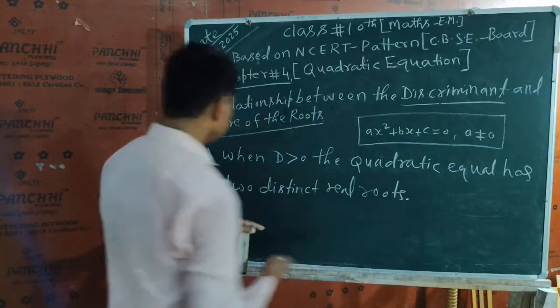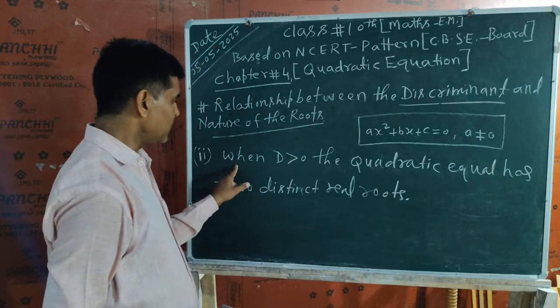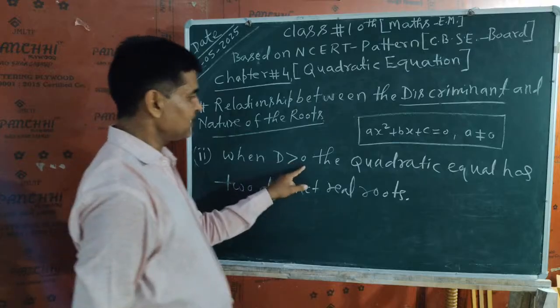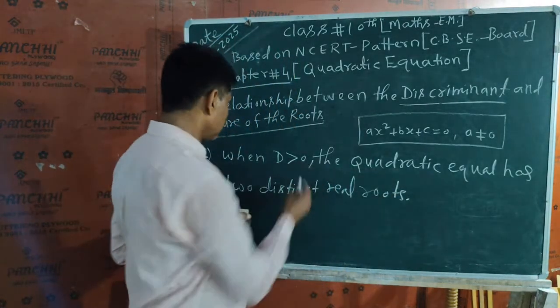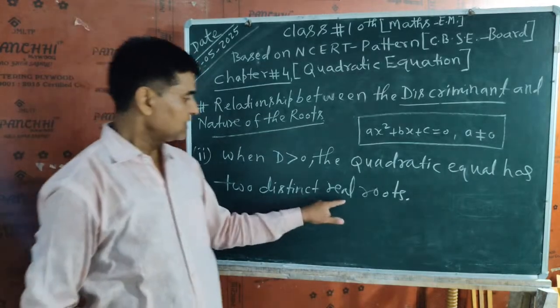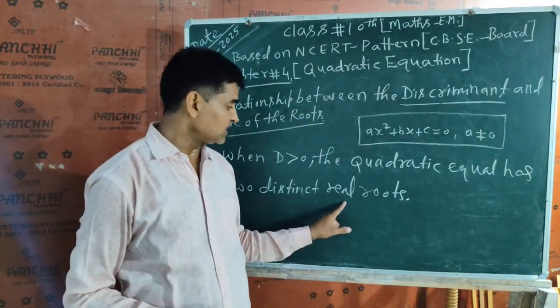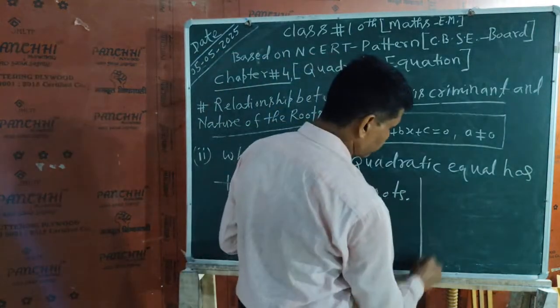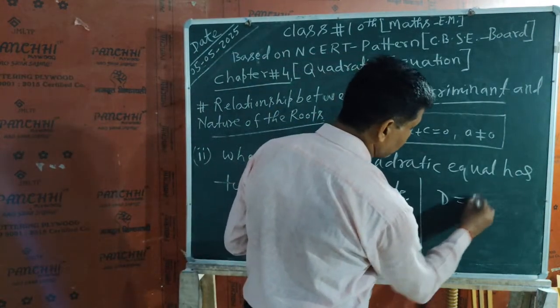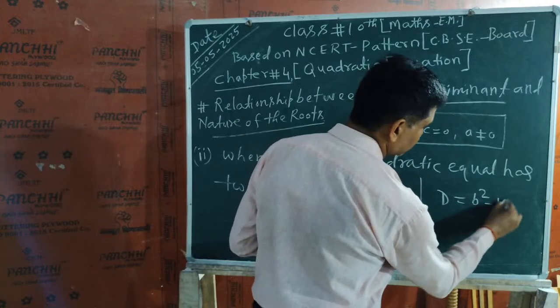If we get the value of D greater than 0, I will say the quadratic equation has two distinct and real roots. It means that here I know the value of D is b square minus